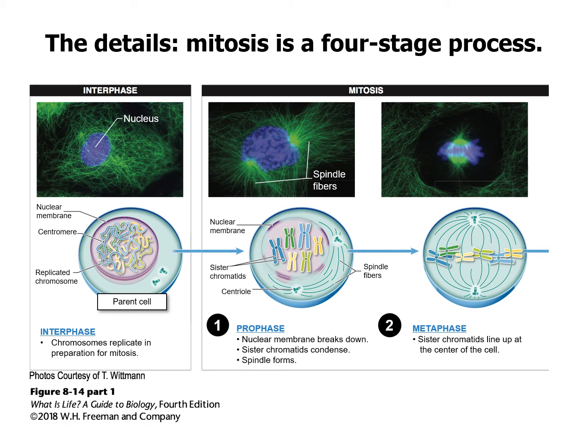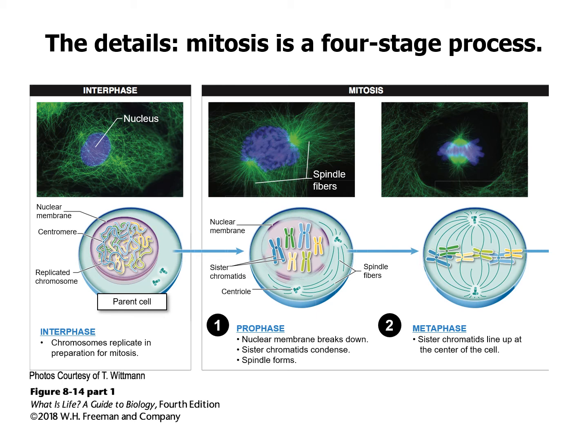From prophase, we're going to enter into a phase called metaphase. This is where our sister chromatids are going to line up at the center of the cell. So they create this perfect little line going across an imaginary equator, which is really cool. And how they do this is those spindle fibers attach at the centromeres of our sister chromatids, that's the little central hip. And then they're going to start this little game of tug of war, so pulling back and forth until the sister chromatids line up in the middle.